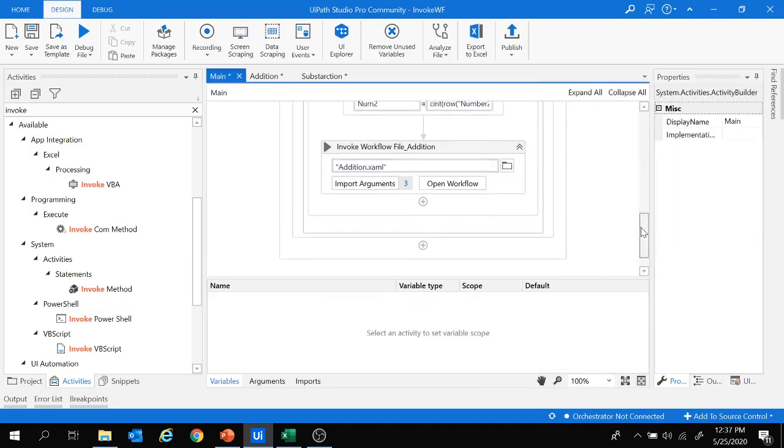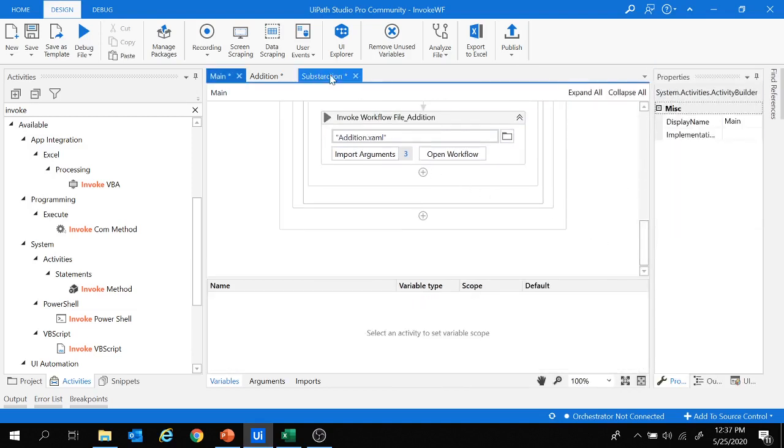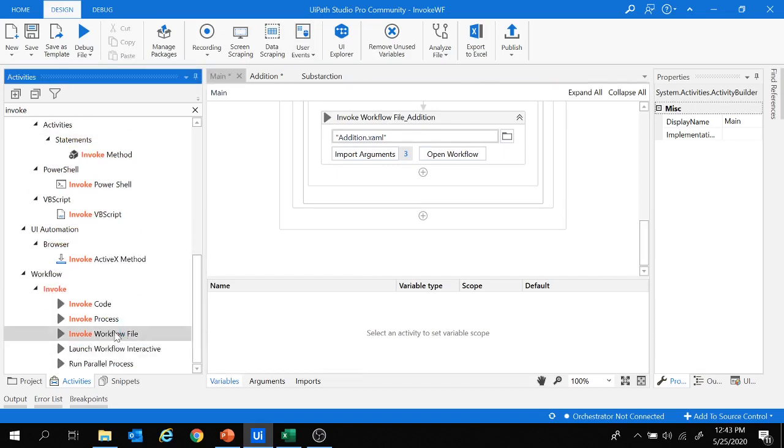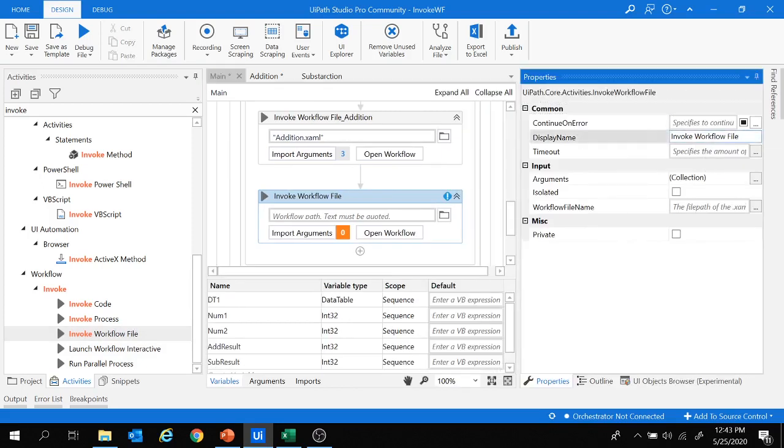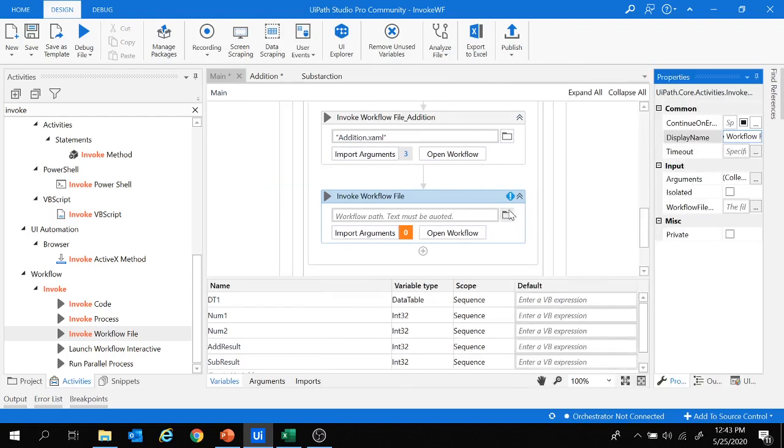In a similar way, I'm going to invoke this subtraction workflow as well. So let's drag and drop this invoke workflow file once again. Let's change the name of this invoke workflow file as invoke workflow file subtraction. And here I'm going to add the subtraction workflow.